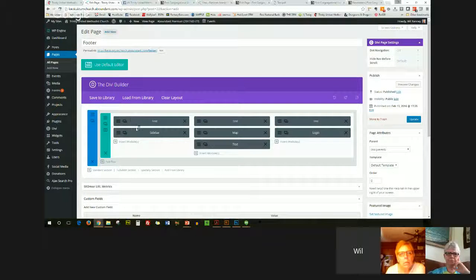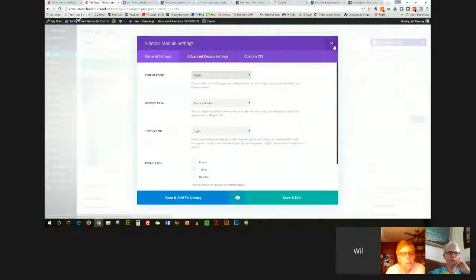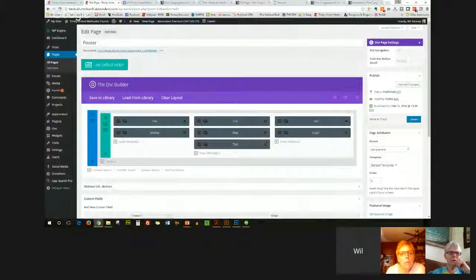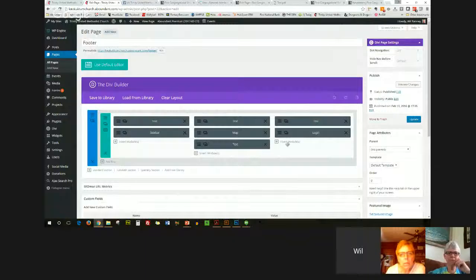And this is your footer. This is all the stuff that you see in your footer. Here's the headers. Here's the login area, the map area. What is this little sidebar? Oh, it has your events in it. This is your events. I noticed that,